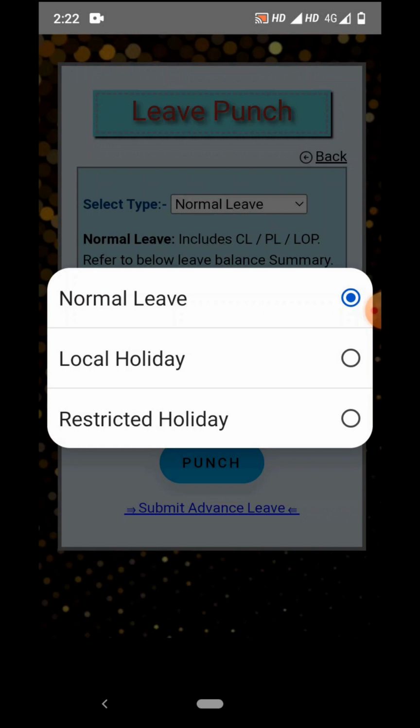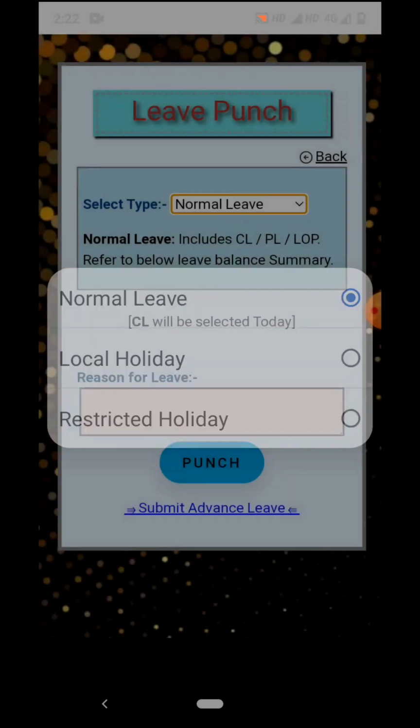A local holiday is a holiday which is related to your location or district, which is not a public holiday throughout the state or country and not listed in the PIPL annual holiday list. For example, an emergency government holiday due to natural calamities, or an election, strikes, etc. A restricted holiday can be related to any religious festival or personal event, and is not a holiday assigned to your state. Each employee can choose a maximum of 2 restricted holidays per year.